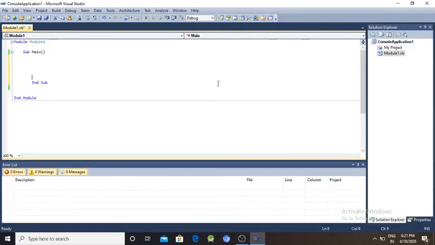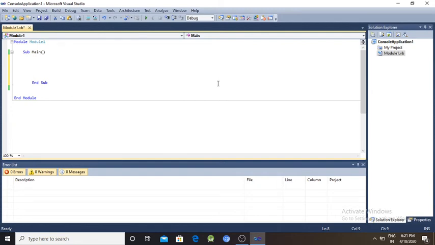In this video lecture, I will discuss the if and if else statement in VB.NET console programming. So let us see the simple if statement. Here, I am using a program to find whether a number is greater than another and print it. It is a very simple decision control statement.